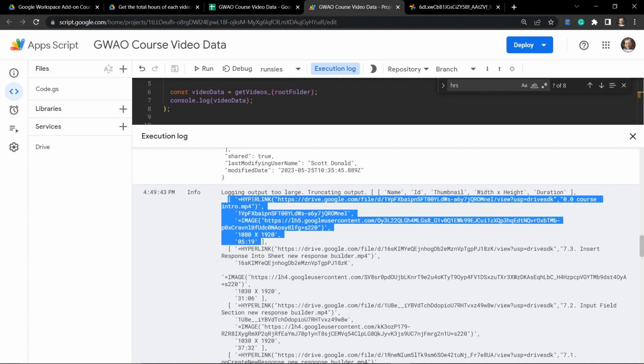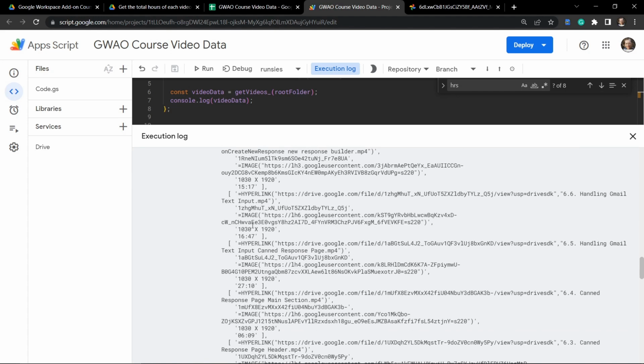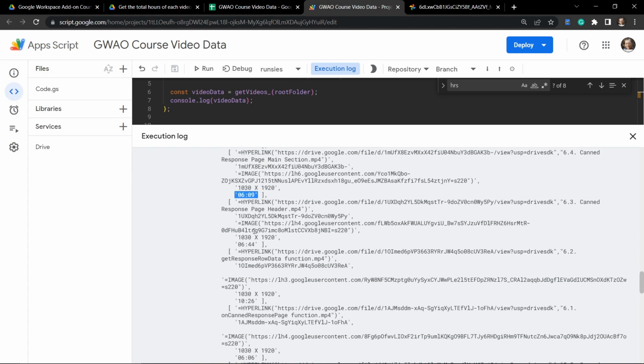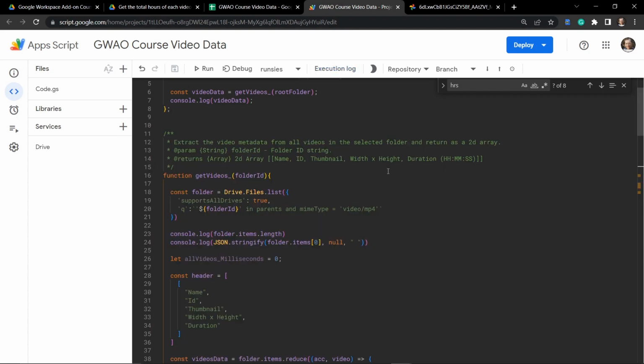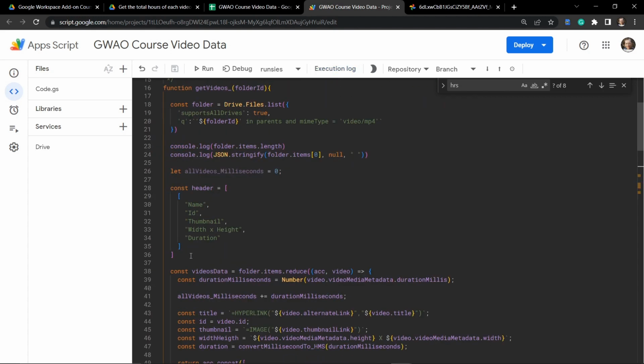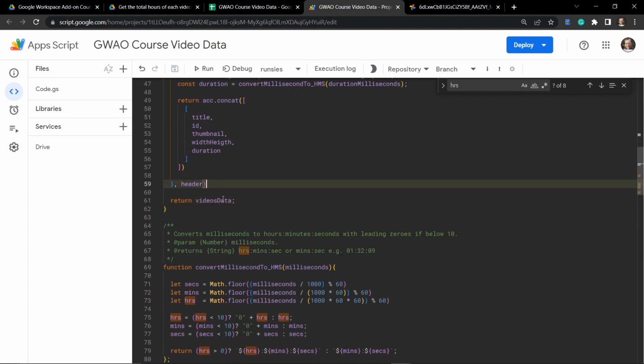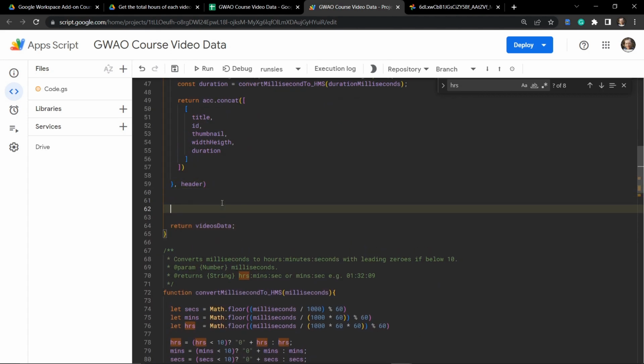So we've got our link. Yeah. And then our ID, and then our image. It looks pretty tidy. And then the dimensions, and then the time in minutes and seconds. Yeah, minutes and seconds is working. Look, there's another one. Awesome, minutes and seconds. Cool. Okay, last thing we need to do though for this little bit is before we return, we need to